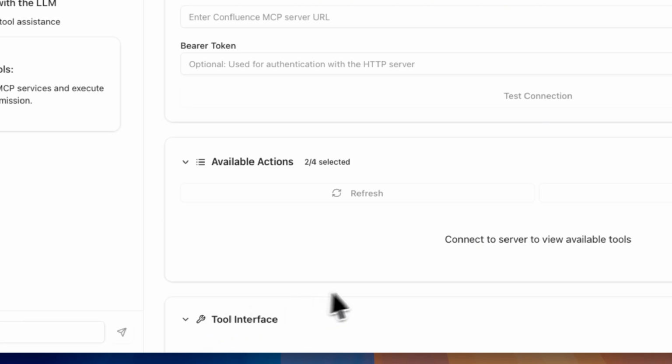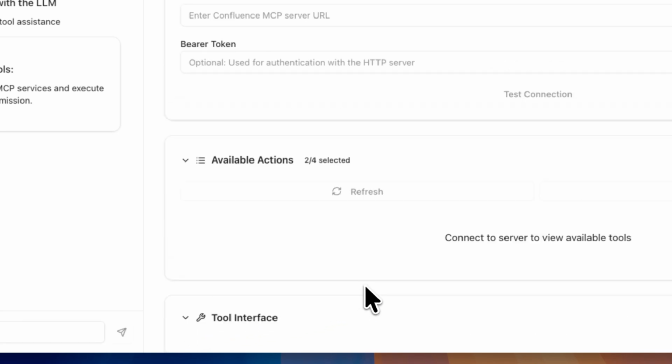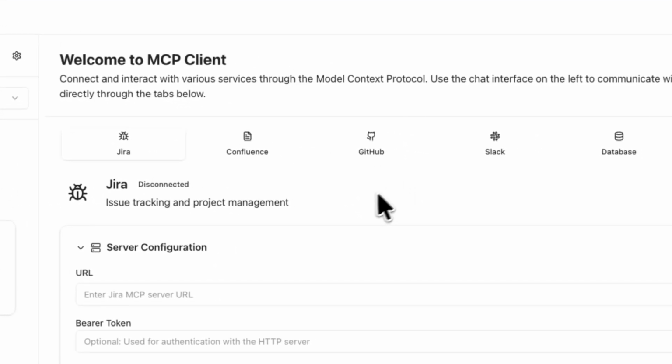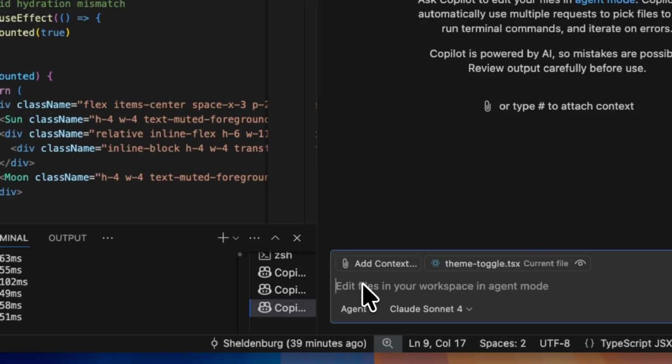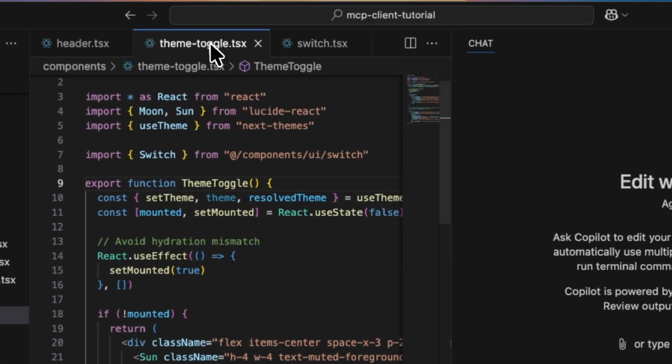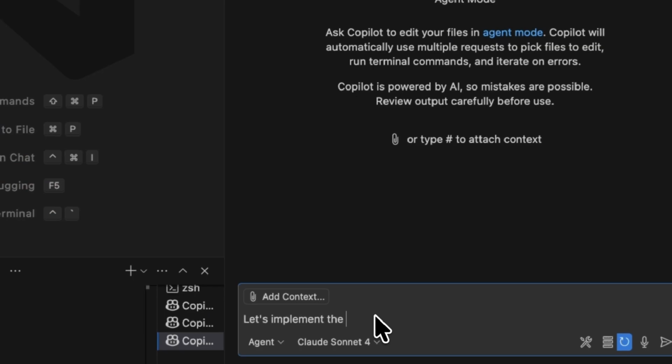You can click on different service tabs to switch between Jira, Confluence, GitHub, Slack, and some other cloud services. These are mostly just placeholders for now. You've got server configuration and the available actions panel, interface panel, etc. Most of the key components are here now. Cool. After a few vibe coding iterations on the UI, we should be in a reasonably good position to start